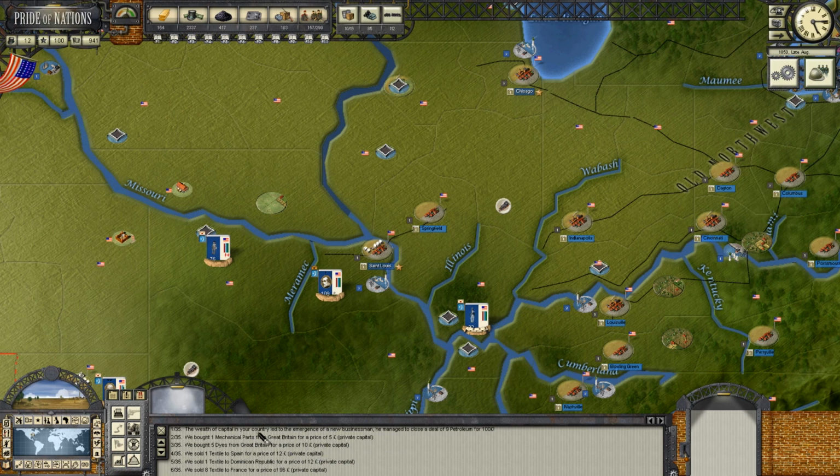The wealth of capital in your country has led to the emergence of a new businessman. He managed to close a deal of non-petroleum for £100. And we've talked about this. I guess it's because,